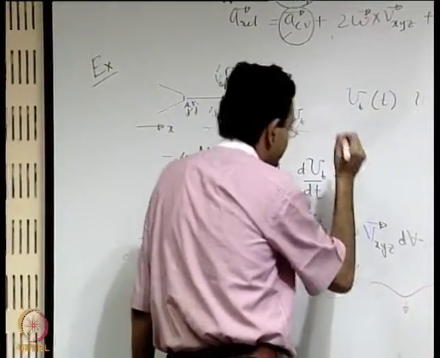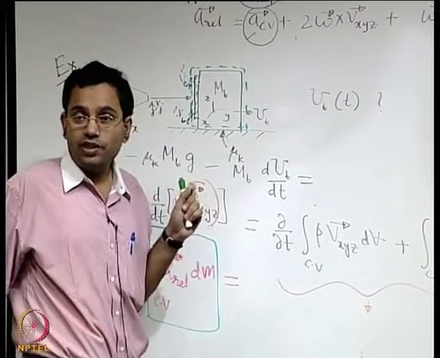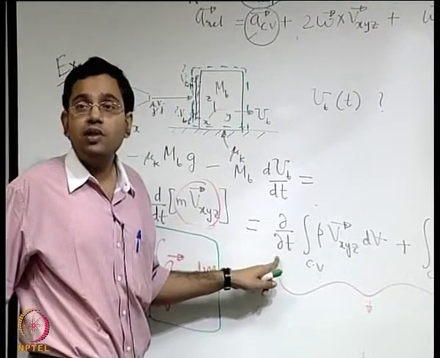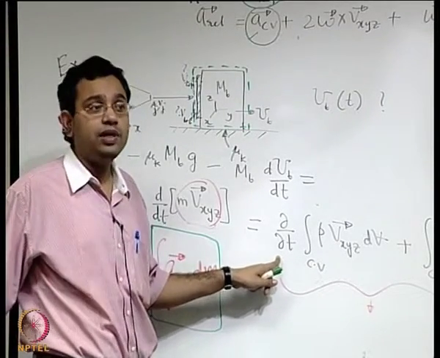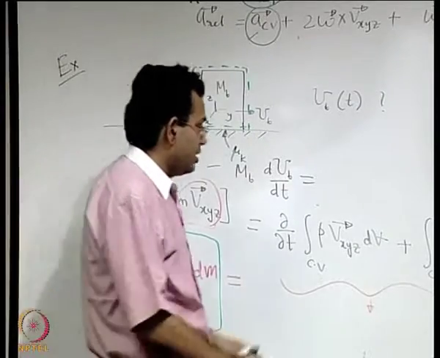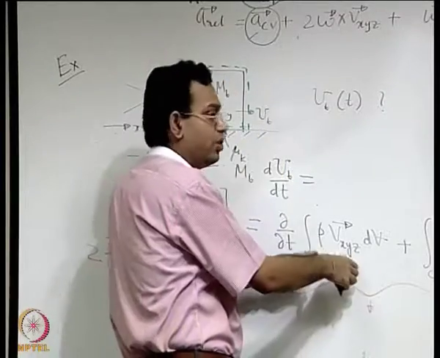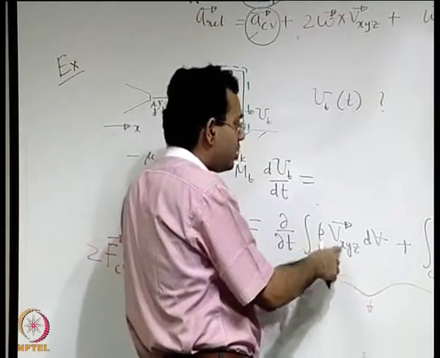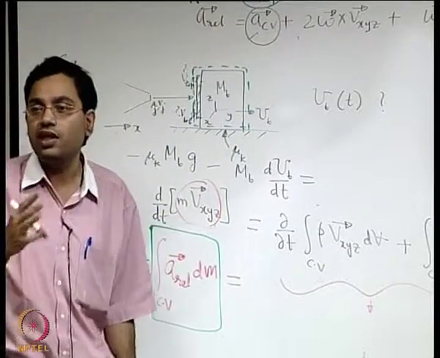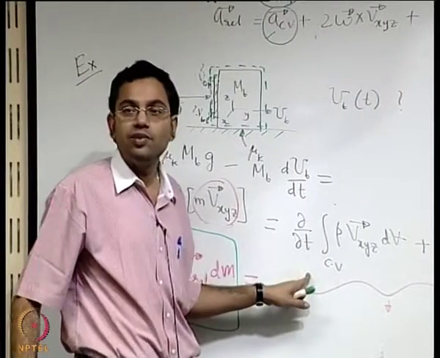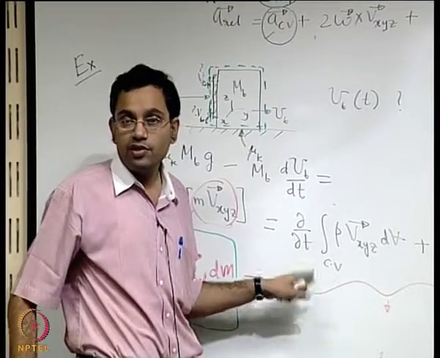The right hand side, again there is a very important thing: the unsteady term is fundamentally not 0, but we can approximate it by 0, because if you see, the volume of the water that is present in the control volume is small. So it is not because V small xyz is small, but because the volume of water in the control volume is small, then its time rate of change is also very small, okay. So these are certain important things.